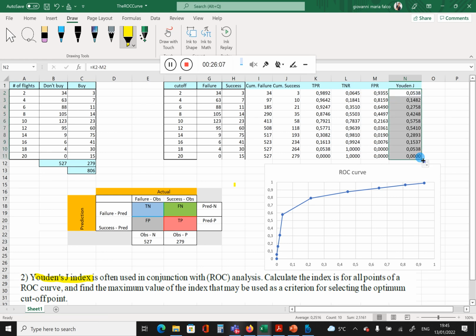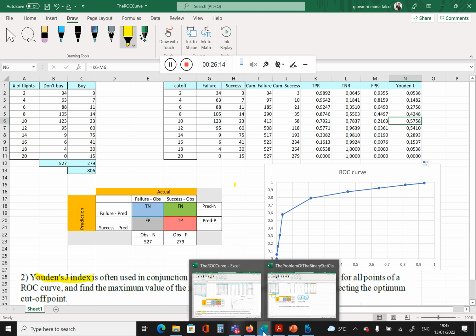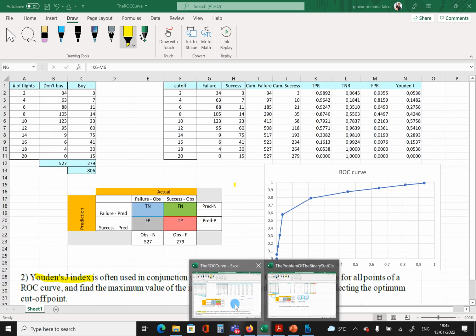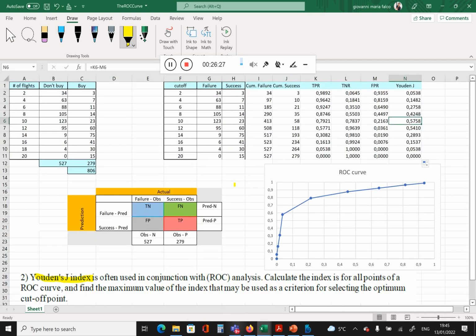And you see I can also check that this value for 10, 0.579 must be in agreement with the calculation that we got for the J index in the other exercise, 0.576. Let's check. Yes, 0.57 approximately 0.6. Okay, so this was the J index,